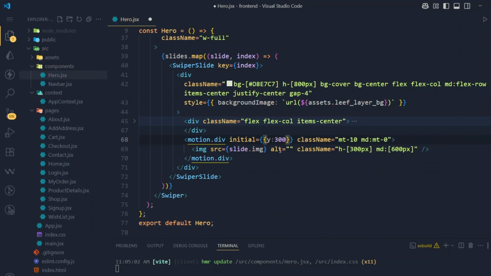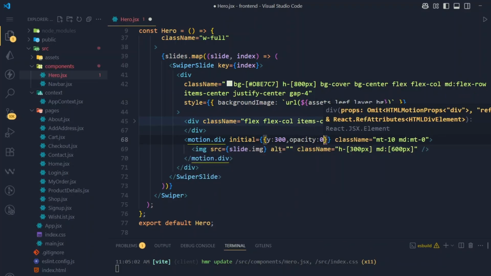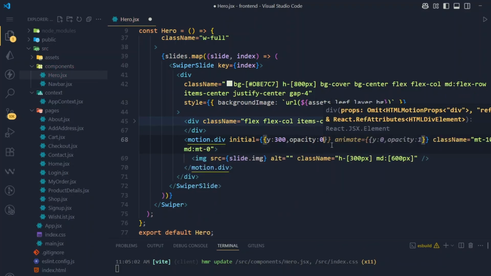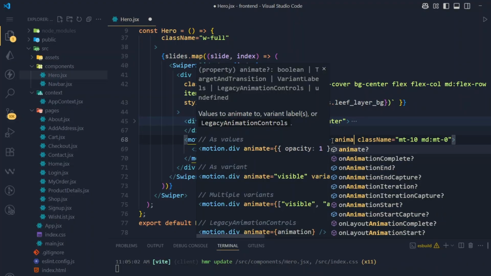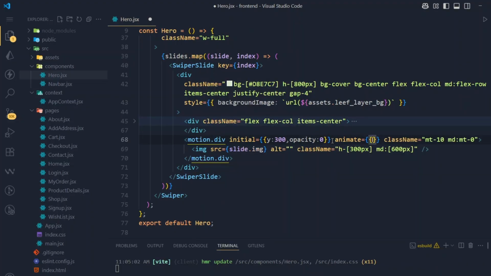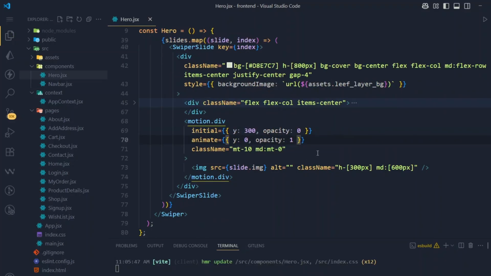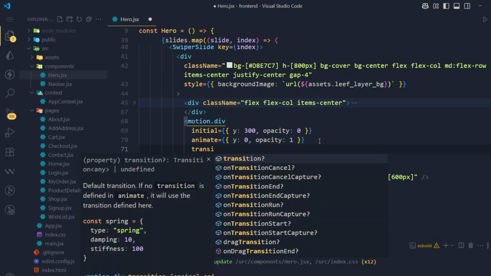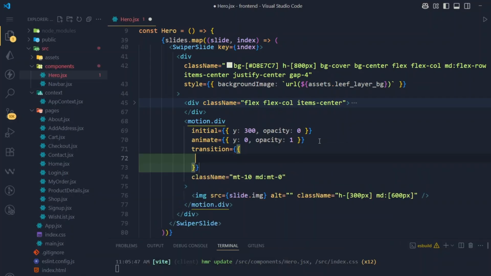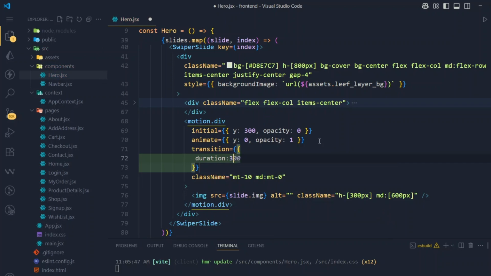Then opacity will be 0, like this, and then we have an animate property like this, and here we will use y 0 and opacity 1. After this we have a transition property, like this, transition, and here we will use a duration of 3. It will take 3 seconds to